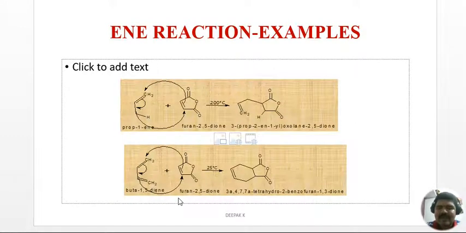And now look at the examples. Here, when you are doing an ene reaction, first of all, what you need to do is look for the allylic carbon and look for the allylic hydrogen as well, or any other group or metal in fact. And this is your allylic carbon with the hydrogen here. So this allylic hydrogen starts migrating to this enophile. This is the enophile part.